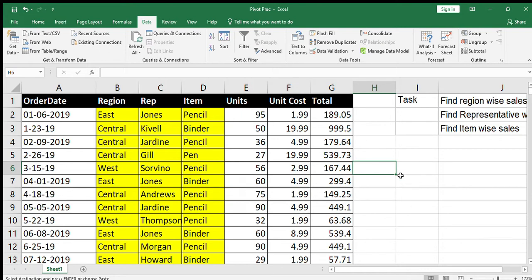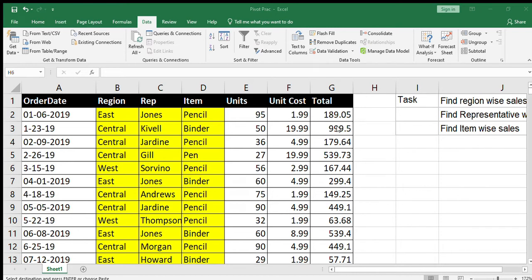Today I am using a very basic sales data to work on. I will also help you find practice data. I have a very nice website, contextures.com.